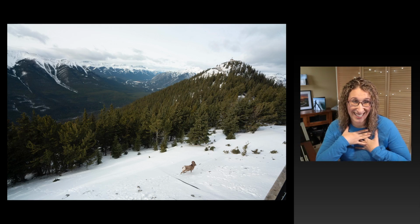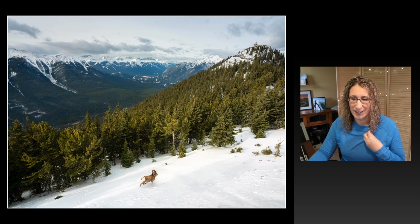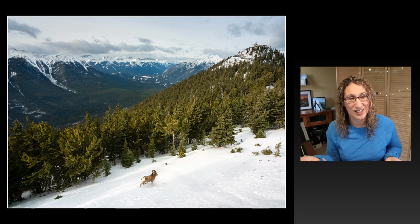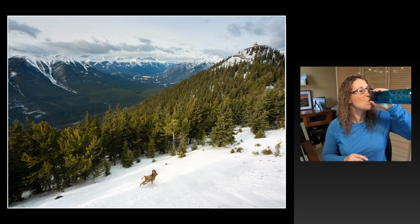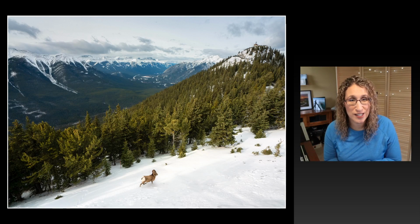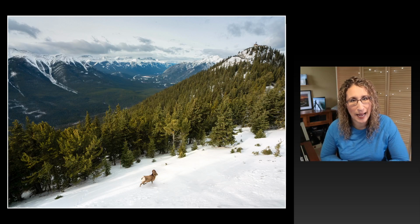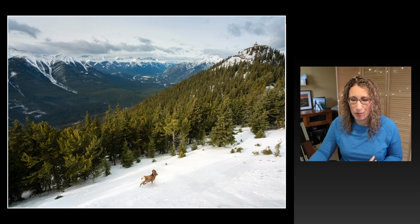So, are you ready? All right. Let me get the edited version. Okay, so here we go. The ram after editing. The first thing you might notice is that the ram is in a different location. So let me show you the before again